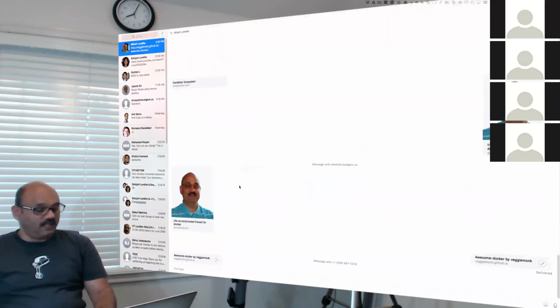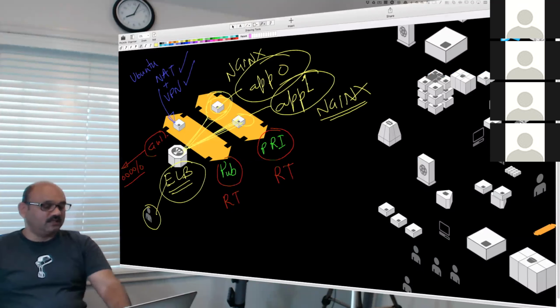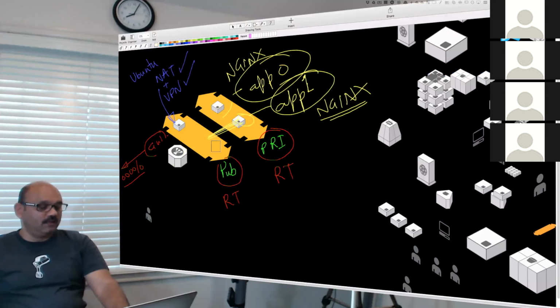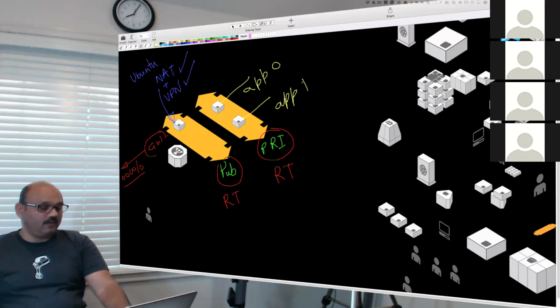So they're taking their time to finish generating these instances and putting them in service so that this ELB knows that these boxes are available for service. And so we should be able to make use of them as soon as those two boxes get configured to work with the load balancer. So we will wait for that to finish. It should finish fast, not too long, I guess. In here and here, we will have those app 0 and app 1, getting ready and configured to use with the load balancer.